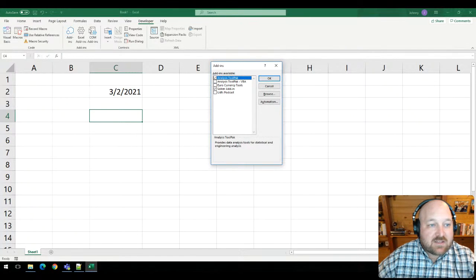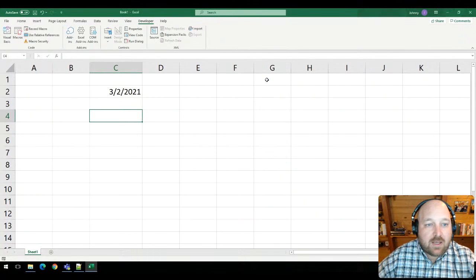Either way, this is a lot faster if you've got your developer toolbar enabled. And you'll notice we've got our UDFs podcast. It's the one we just created here. We're going to go ahead and give that a click. We'll go ahead and click OK. Now it's going to go and load that